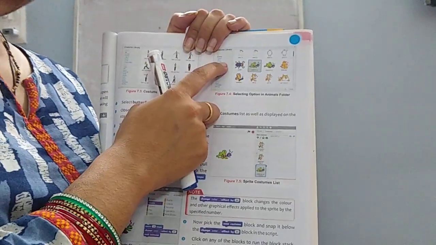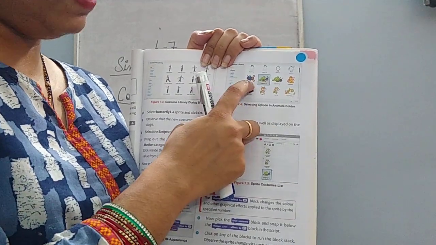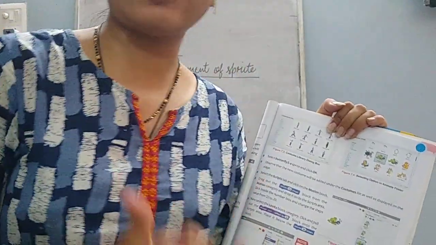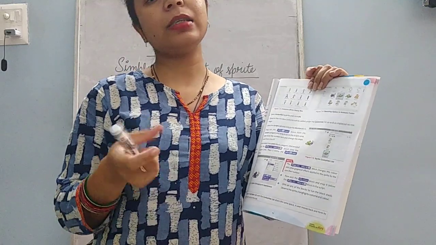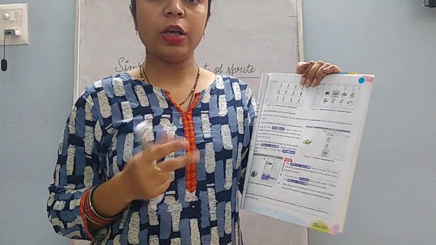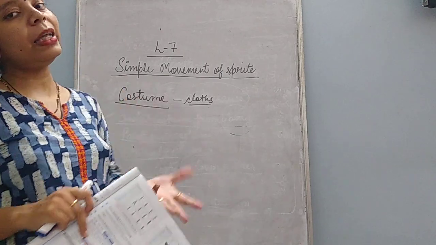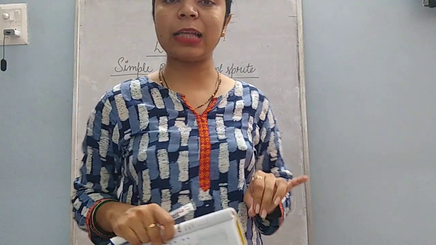Or if you click on the animals option, it will show animals like this. Like here you can see butterfly, beetle. So many animals are given in your book. You can choose animals also. One transportation option is there. When you click on this transportation option, you can choose car, buses, aeroplane, trains as your sprite. So in place of the cat, you can use so many options. For that, you simply have to go to the costume option, and from there you can choose any costume, any type of sprite, and use it in your Scratch project.